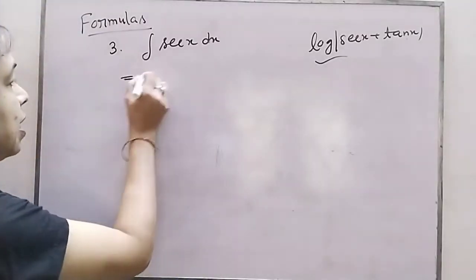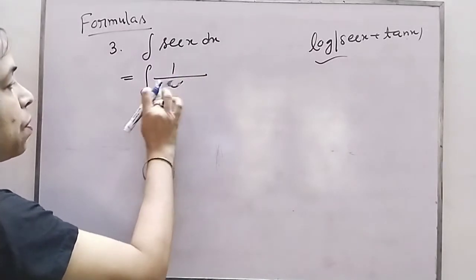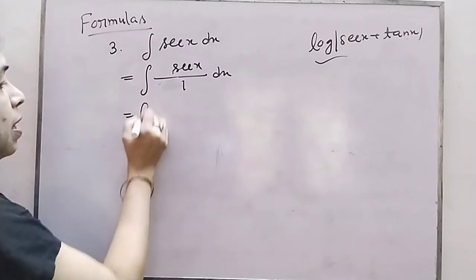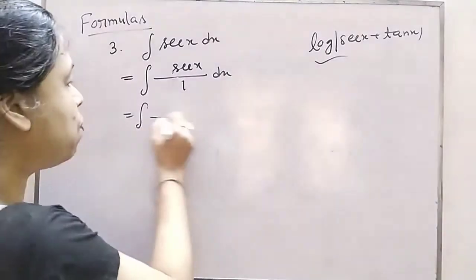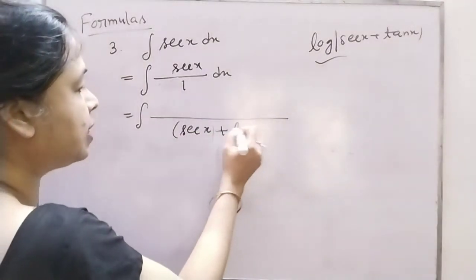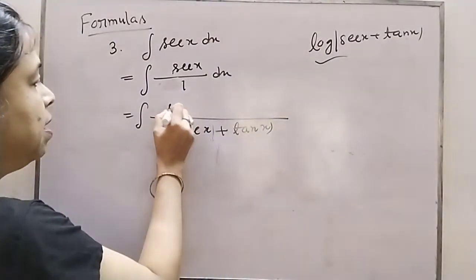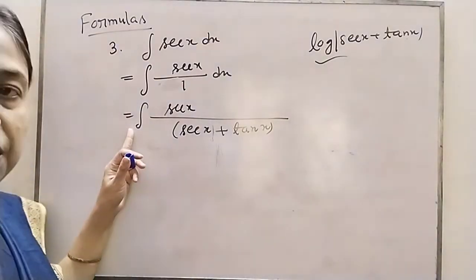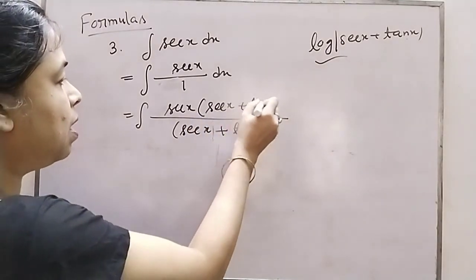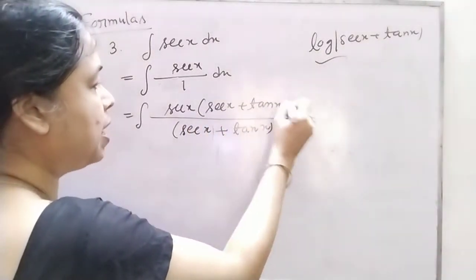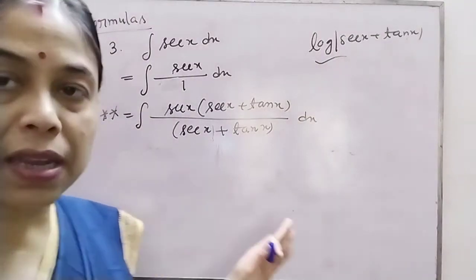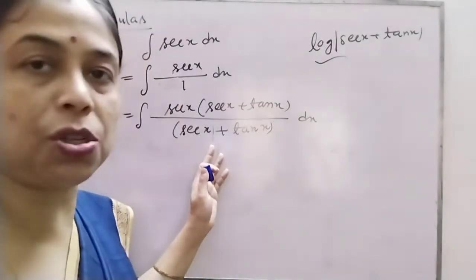So you can think of it like this. Sec x can be considered as sec x by 1. It will not matter anything; it remains as it is. Then what I am going to do is put sec x plus tan x in the denominator, an extra expression I am writing here. Since the equal sign must hold, obviously you have to multiply the same in the numerator, with dx there. Try to remember this step. Then, to get the log x formula, you have to use the substitution of this expression.